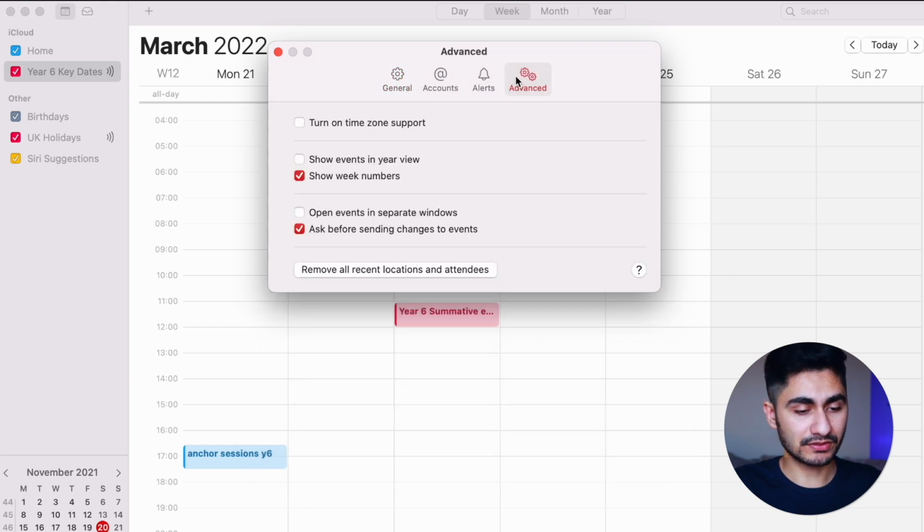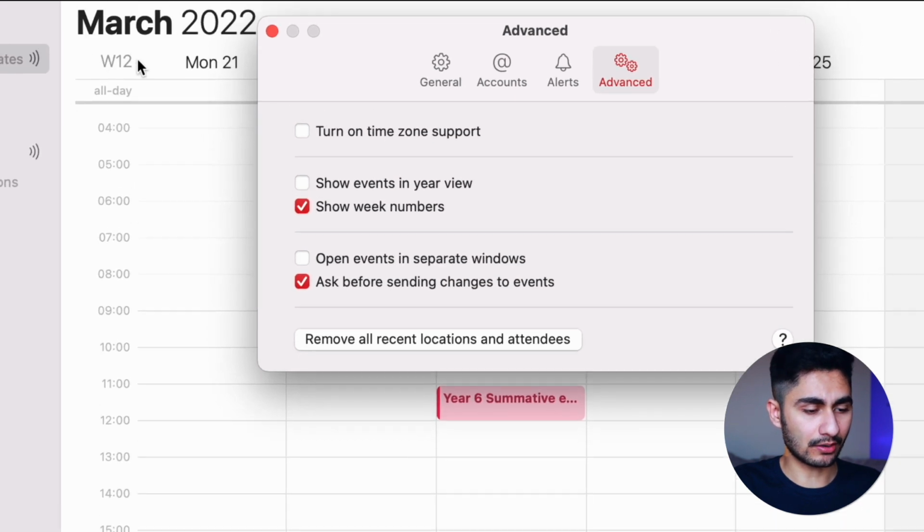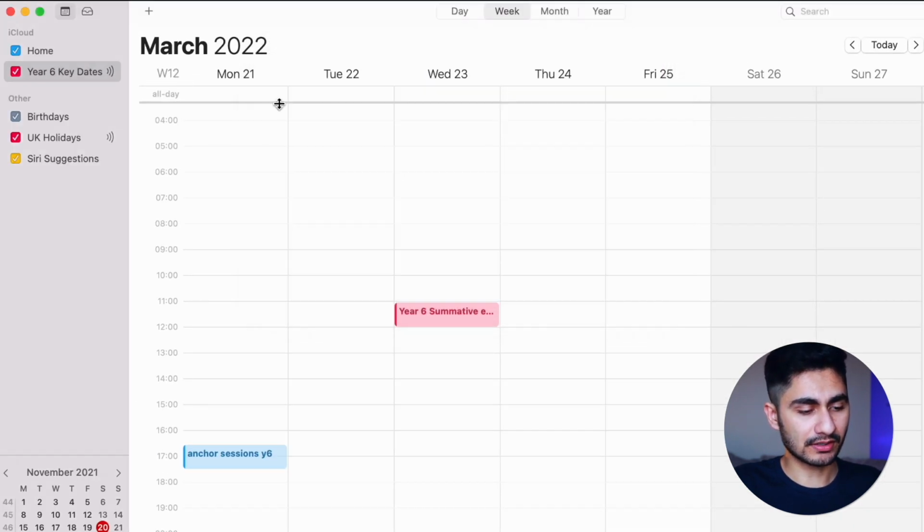And if you go over to the Advanced tab, you'll see this little check mark saying Show Week Numbers. So I've got that enabled. Obviously if you disable that, your week number just goes away. So if you don't have that checked, make sure you check that so that you see what week we're on right now. So, okay, once we've worked out we're on week 12, obviously we're not, but for example,